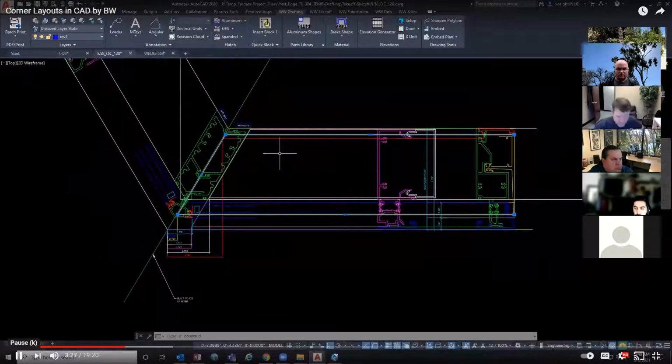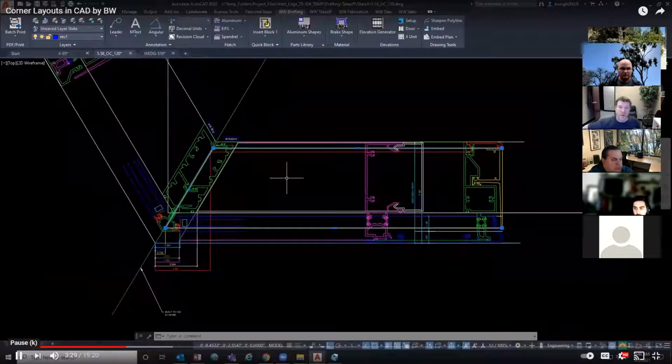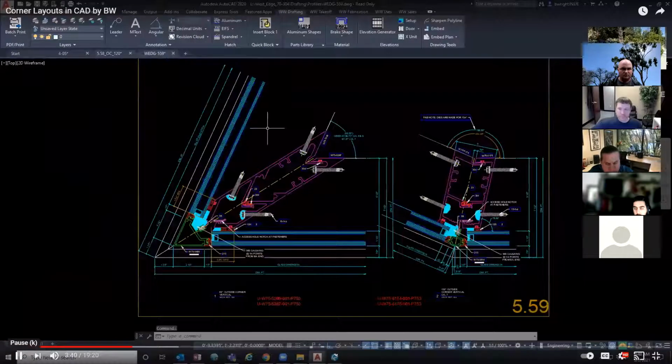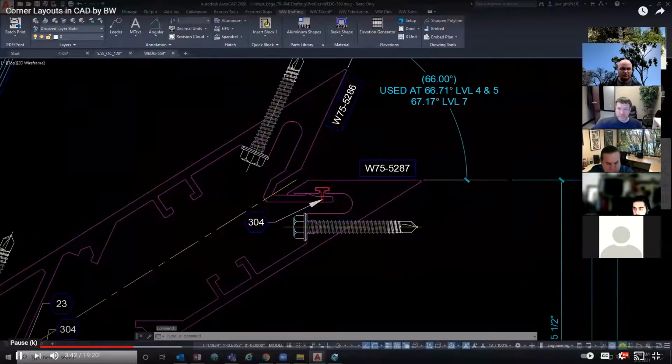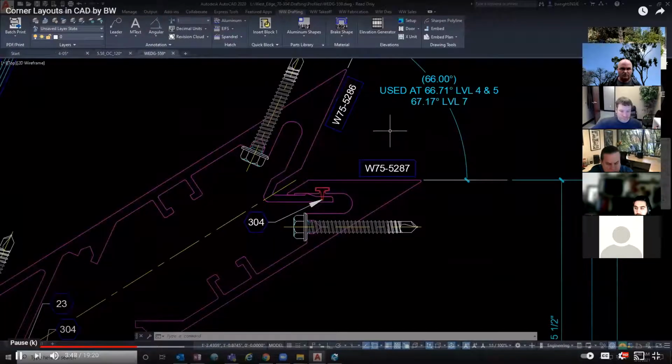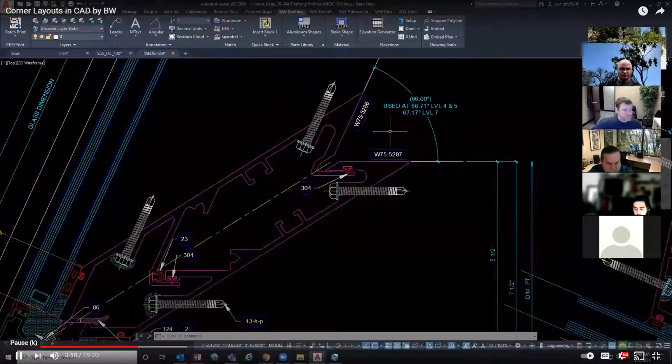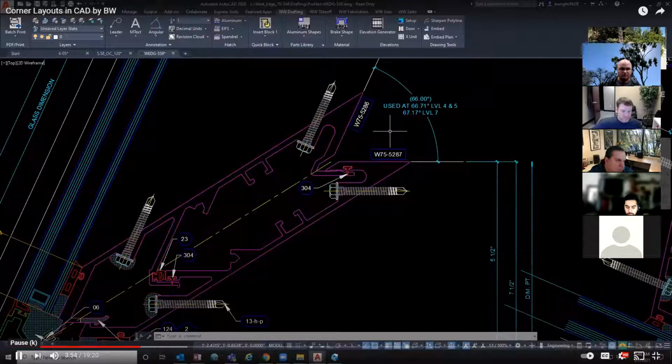Since I have this layout already completed, I'm going to use this as a base to create the layout for the next part that I'm going to work on. So my next part is going to be this W75, 52, 86, and 87, which is the 66-degree mullion pair. And then I'll take a look at our tracker to see which degree we're going to build this floor based